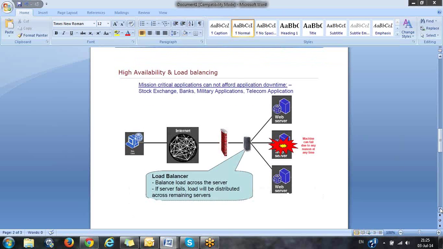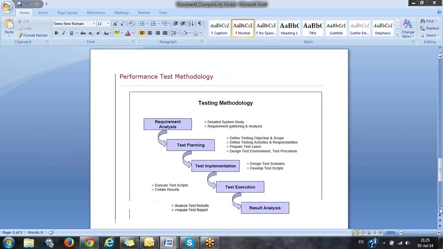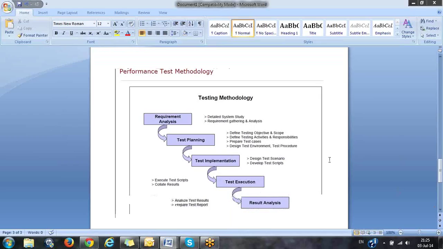Clear? So let us see the performance testing methodology. What is this performance testing methodology? It is when you actually have to start performance testing, and what the different phases of performance testing are. When you have to start, there are two different methods. Either you can do the performance testing before making the application live. That means after normal functional testing, you can do performance testing for 2 months, and then you can deploy the application directly to the public, or make it live.